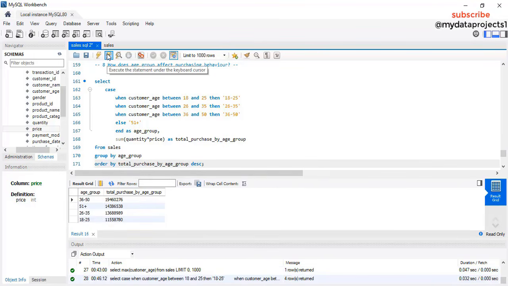Okay, so the age group that spends the most are those between 36 and 50, which is kind of reasonable. Then followed by 51 plus. The least are people between 18 and 25, and people between 26 and 35 are second to the last. Okay,